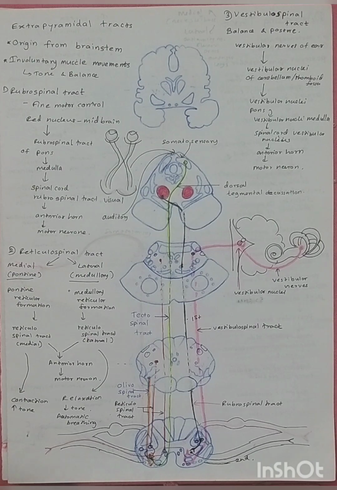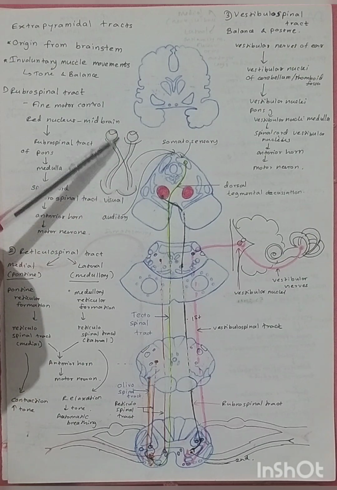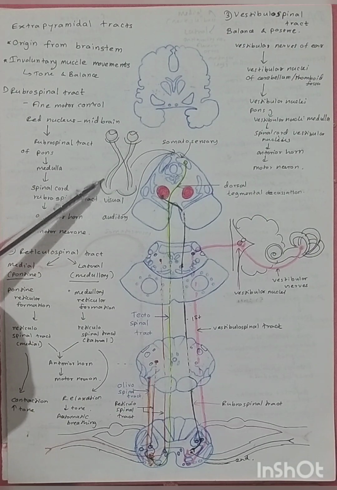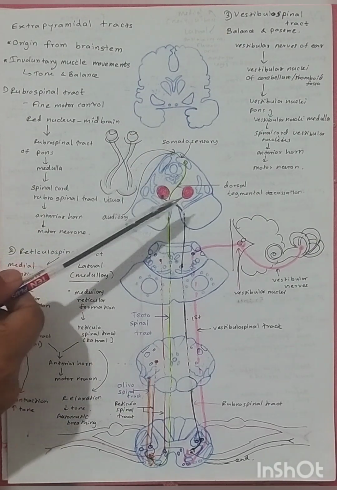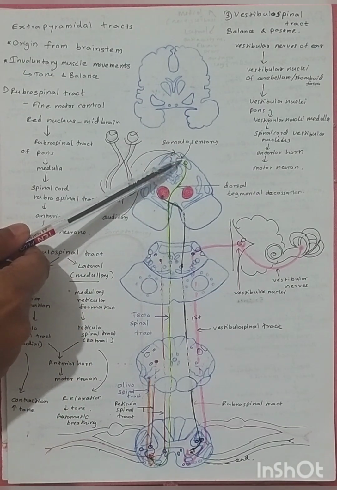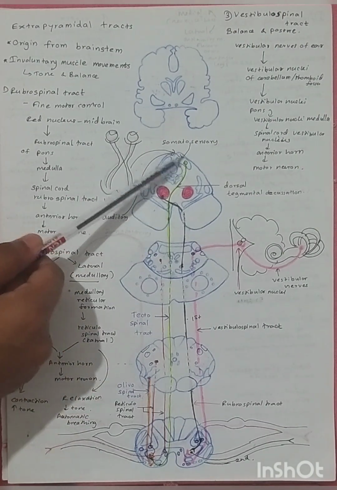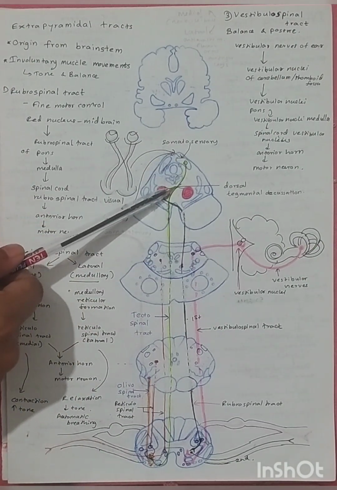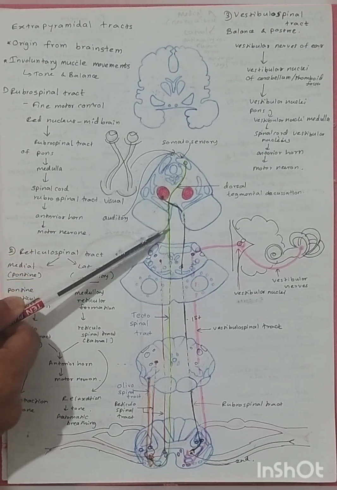It gets visual impulses from the optic tract, which is coming towards the superior colliculus, and auditory and somatosensory impulses also come to the tectospinal tract actually. The auditory ones are not going to the superior colliculus, they're going to the inferior colliculus. So once it starts from here, in the dorsal tegmental decussation, it crosses to the other side and descends